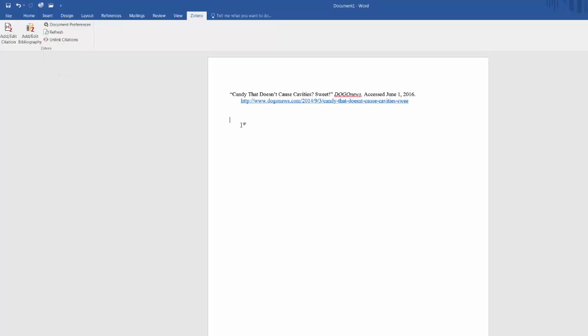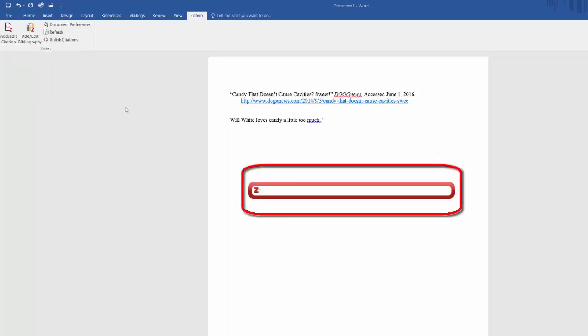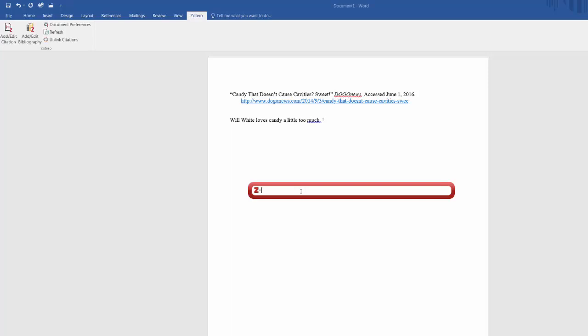Let's write a quick sentence that we can add a citation to. When you click Add or Edit Citation the first time, it will open up a window that lets you pick the settings for your citations. In our case, we went with the Chicago Manual of Style and to display those citations as footnotes on the paper. Now that we've chosen those settings, each time we click Add or Edit Citation, this search field will pop up, allowing us to search for items that we can make into footnotes. Now we're referencing a letter from Will White, so let's search for his name. And I can see it here.